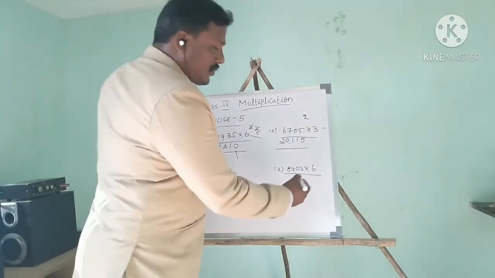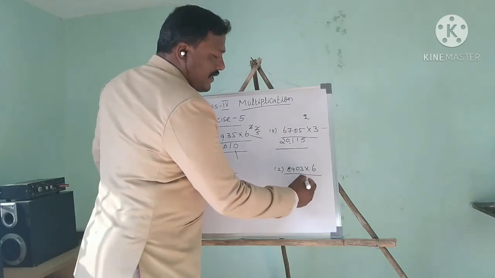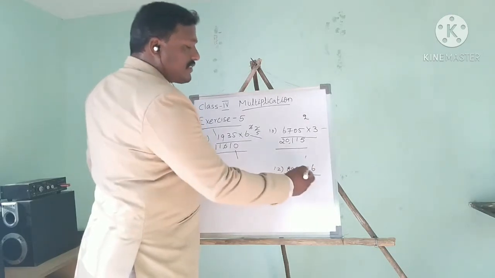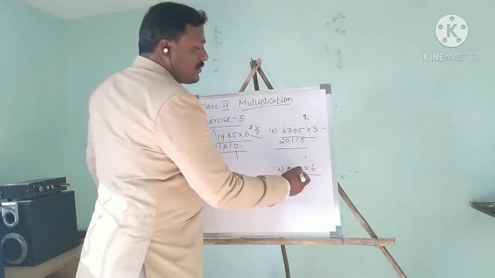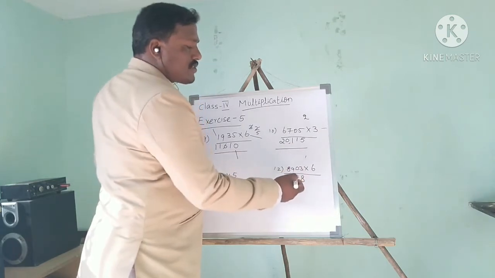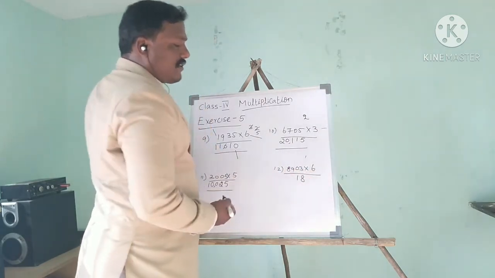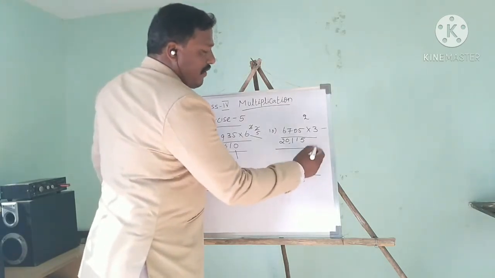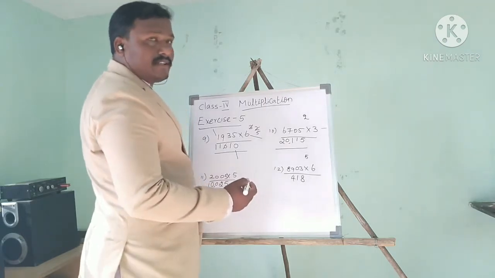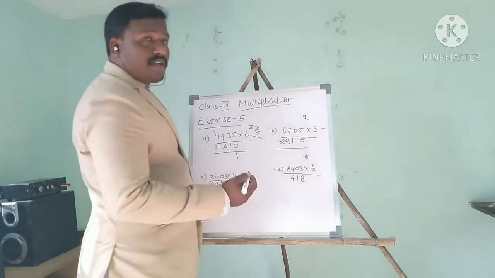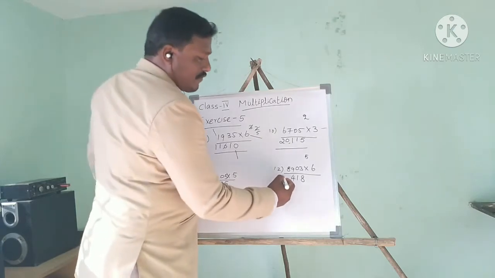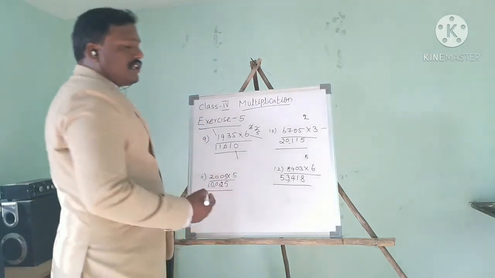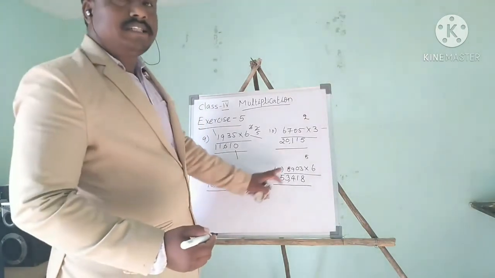Okay. Now solve this number. 6 3s are 18. Remainder 1. So we will write it as it is, the remainder, because here 0. So if you multiply 0, you have to add this one. So 0 plus 1, 1. Okay. So 6 9s are 54. 54, we will write 4. Remainder 5. 6 8s are 48. 48 plus 5, 53. Okay. So 53 we will write as it is. So 53,418 is the product of the given numbers.